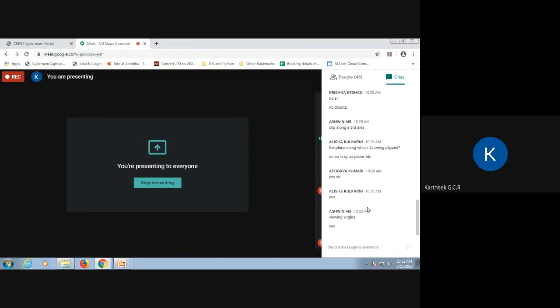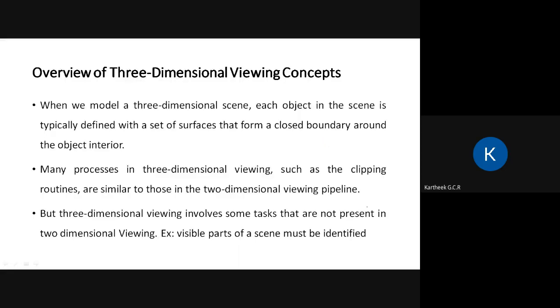The surface properties, the material properties, how much illumination I am supposed to get, that also comes into the picture in 3D. So these are the extra things that we end up doing in 3D, and 3D is more realistic because of it compared to 2D.